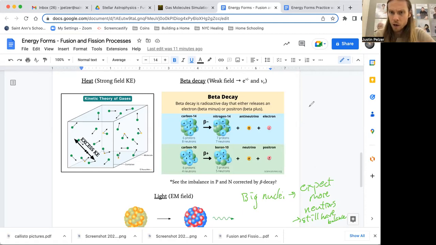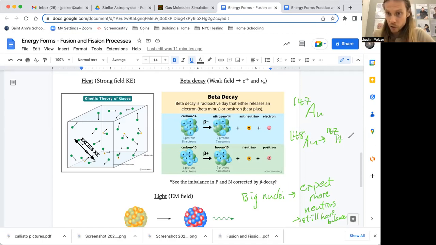So if I have gold, I think 147 is balanced, but gold 148 is not, and it will go through beta decay. And I believe it'll turn a neutron into a proton, and it will become 147, and whatever one proton is less than gold. And I don't happen to know what that is. I actually believe that is platinum. Kind of fun. I think that's right. I don't know if I made that up in terms of the numbers. I didn't make up the process. I hope I didn't make up wrong numbers. I remember these being the numbers. It's okay. Apologies if they're not.